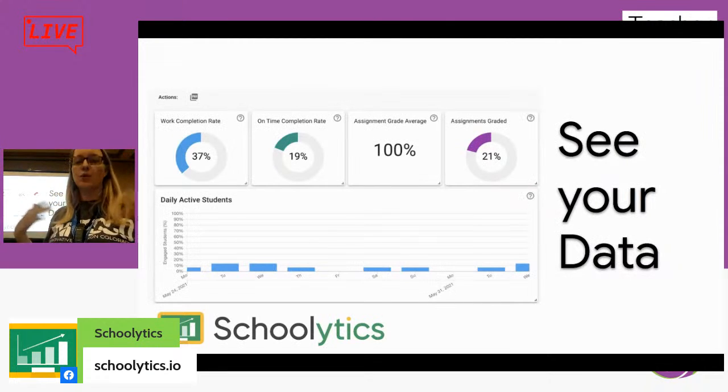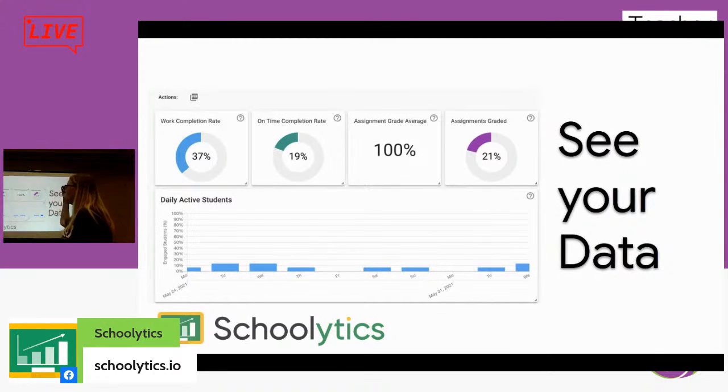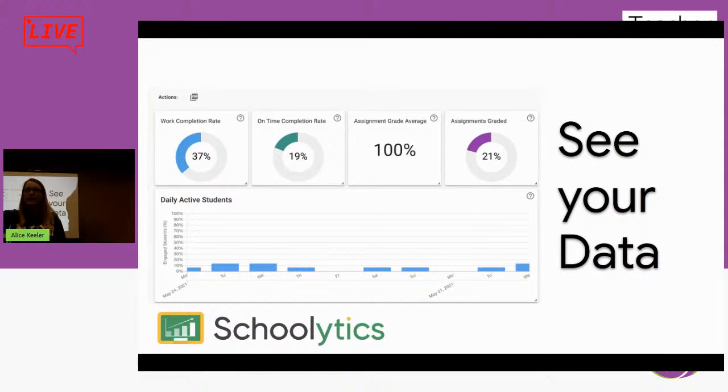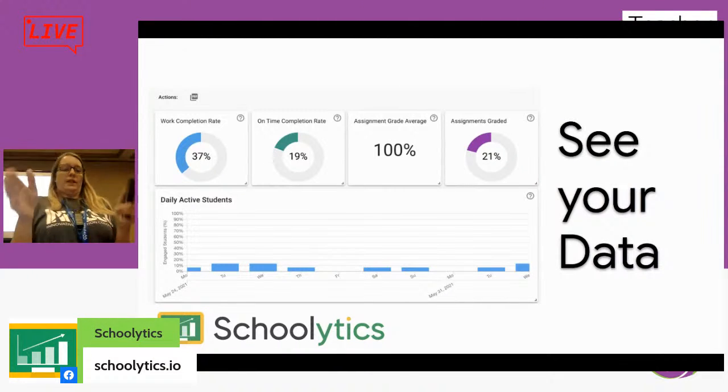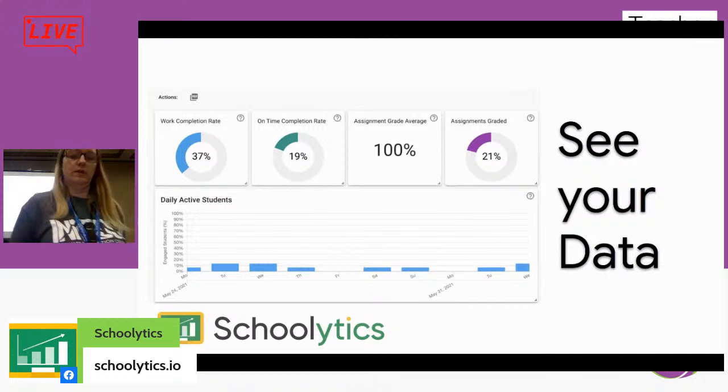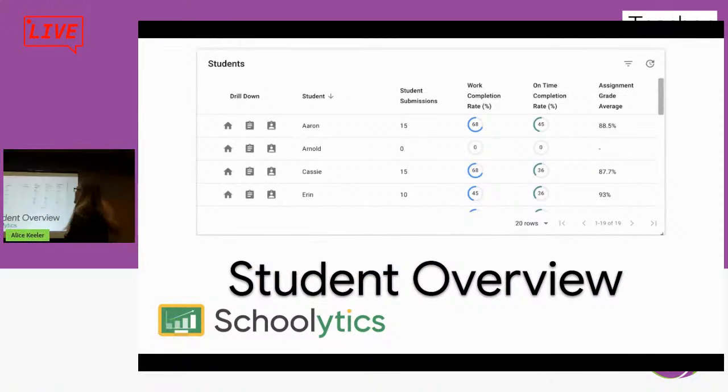You just go to the dashboard and see your data. So it's just going to show you on the date range, that's the key, on the date range, the work completion rate, grade average. Hey, Alice, you're kind of a slacker here. This is from like the end of school through summer, so. And then you scroll down just a little bit and you see each of your students where you can tell if they're turning work in, how much work they've turned in, summarizes it really nicely for you.